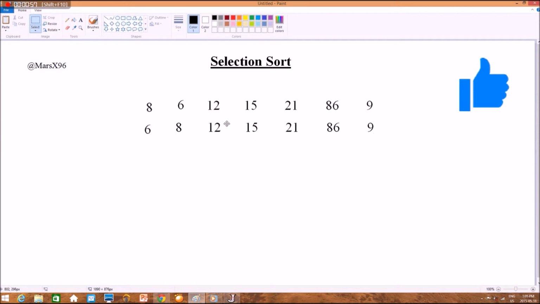And then it goes on. The 6 and 8 are in order. The next number that comes after 8 and is less than 12 is 9. So 9 and 12 get switched. And the rest of the